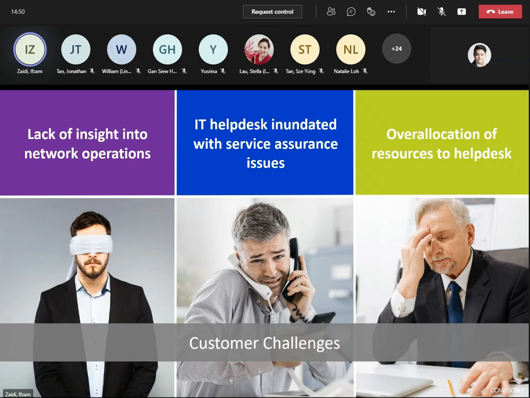Basically, IT teams often lack the tools to ensure required network service levels in an environment of ever-increasing user connectivity demands and network complexity. Helpdesk tickets from user connectivity issues pile up while IT struggles to glean insight from network data.